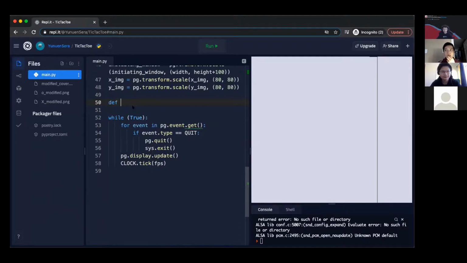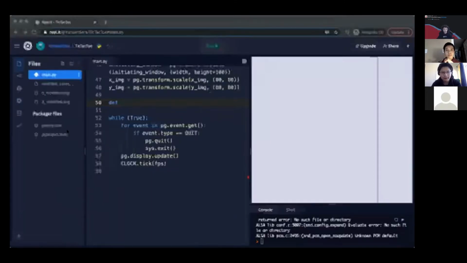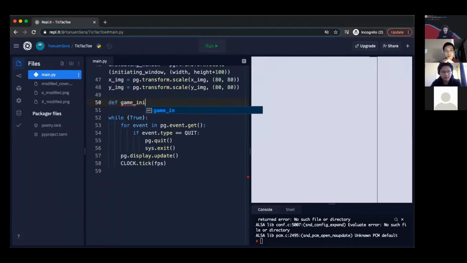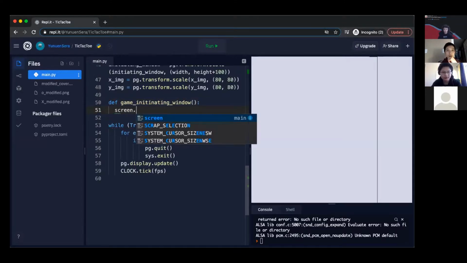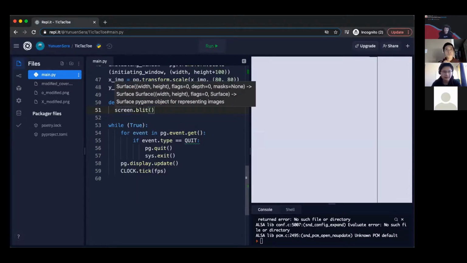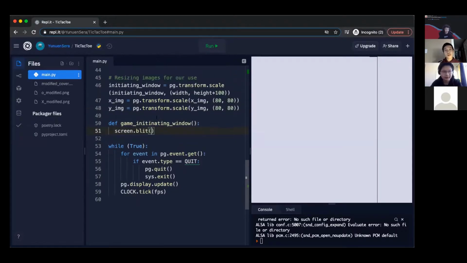So we write our new function, and we can call it game intro. We have def, which defines a function. This is the name, and since we don't need anything else, we just pass screen, which is our current screen, and then we use blit, which basically allows us to draw a new image on top of the existing screen. So what we want to draw right now is